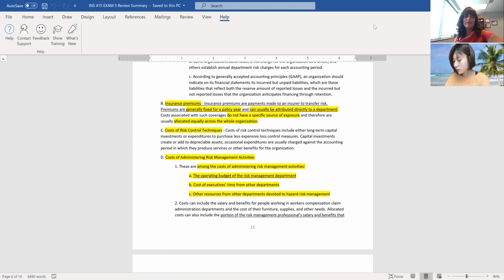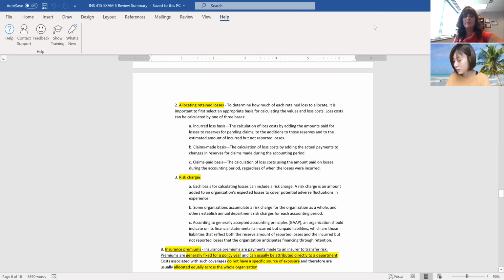And the fourth bucket of costs would be, what does it cost to administer your risk management? So I mentioned you have a budget for your risk management. It's probably going to include my salaries. It's going to include some time spent by your senior management. It's going to include your claims representatives that help you process different losses. So those are all the expenses that you're going to allocate.